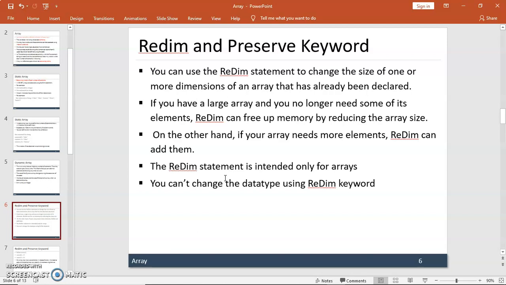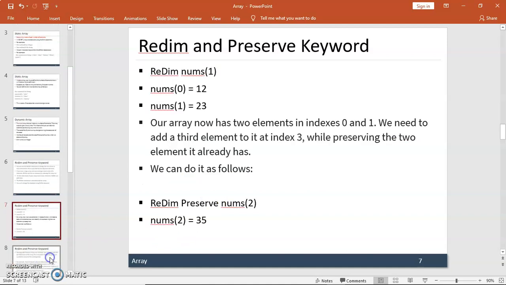If you have a large array and you no longer need some of its elements, that means you want to delete some locations from the array, in that situation also you can use the ReDim keyword. The ReDim statement is intended only for arrays, and remember that you can't change the data type of the array using the ReDim keyword.